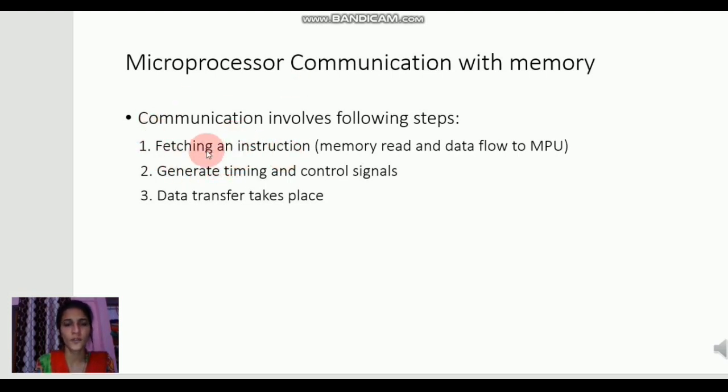If it is of 1 byte, the instruction is fetched in one machine cycle, which is called the opcode fetch machine cycle. Else, other bytes are fetched using memory read machine cycles. Once the opcode is fetched, it is decoded to know what exactly it means. This entire process is done with various control and timing signals, and after that data transfer takes place.